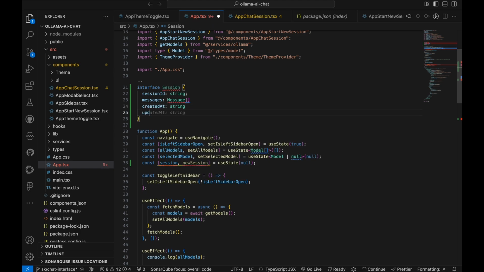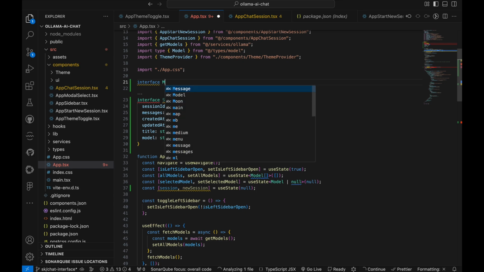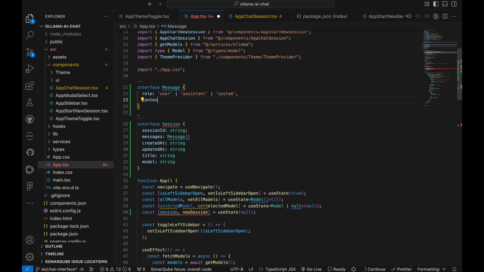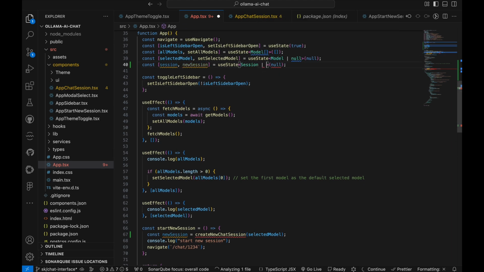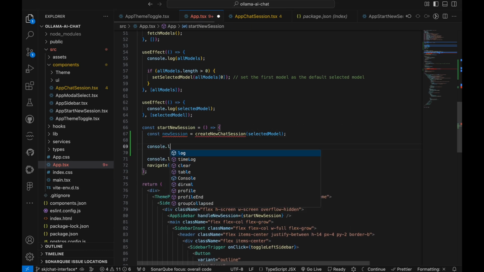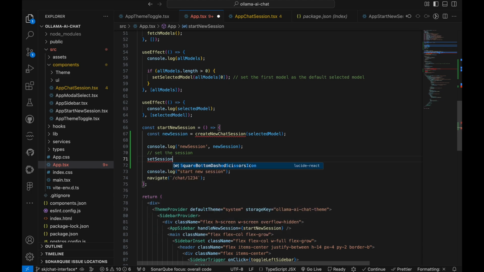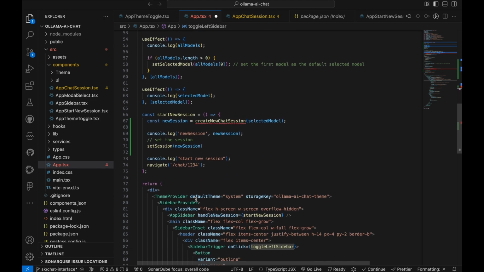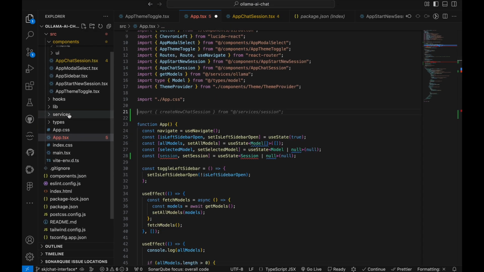We'll have messages, createdAt, updatedAt, title, model if necessary, and message will have a role: user, assistant, and system, with content. So this interface will be used in our new session state. Basically, we might need to shift it somewhere else, not in here. So we'll use this newSession and setSession. This newSession can be renamed, with session, setSession, and this interface will move